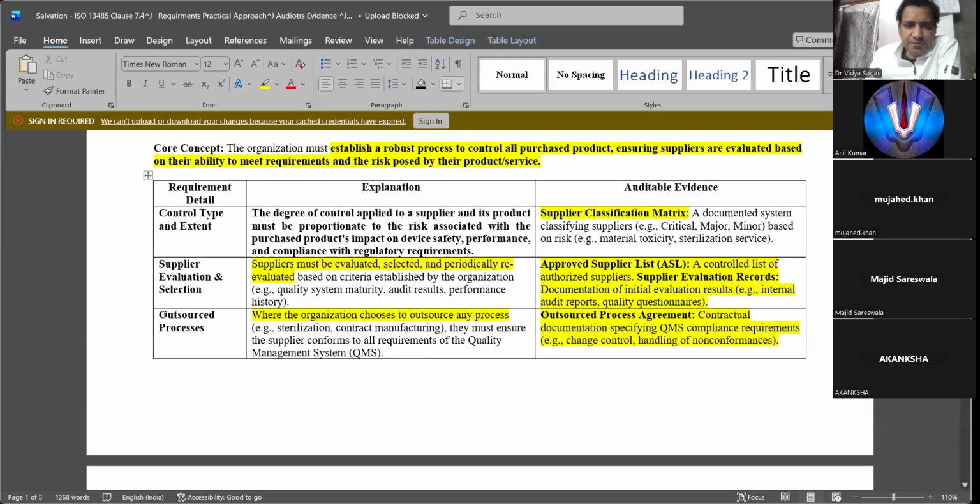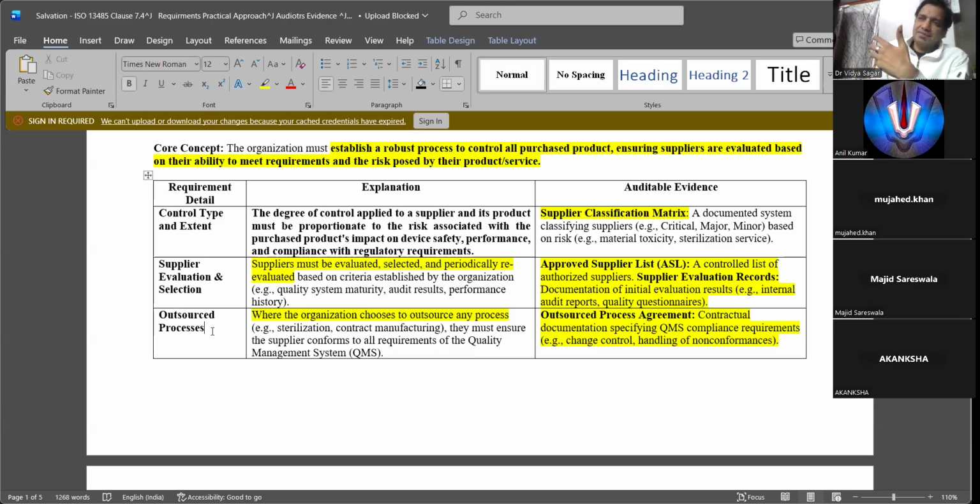Then this is very, very crucial. I told you on day one: suppose you outsource any process that comes in your scope, that comes in your QMS. Suppose I am outsourcing sterilization, and I am supplying sterile products to the hospitals or the end user.